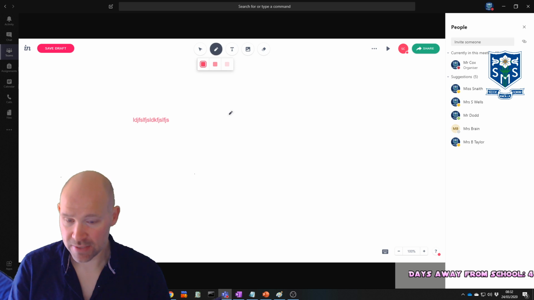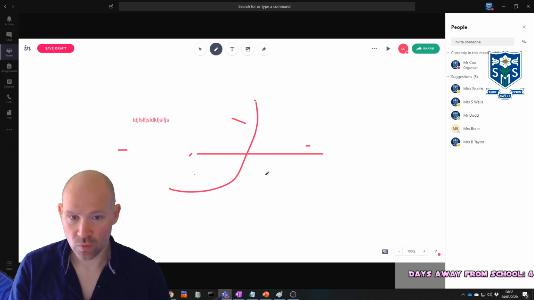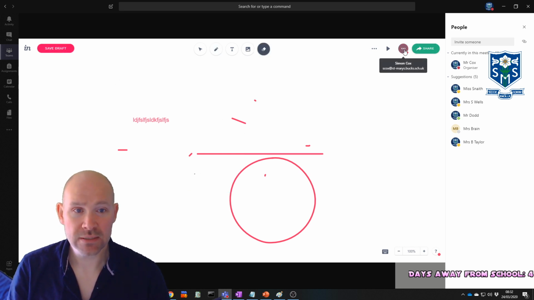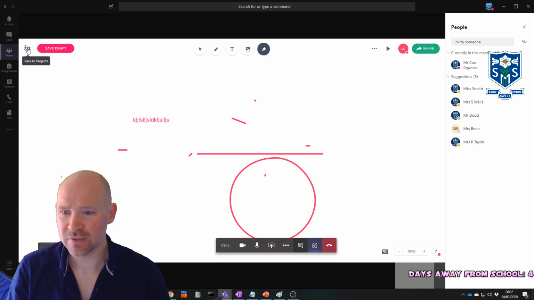This one lets you go to the pencil and you can draw random lines. If you hold Shift, you can get straight lines. If you hold Alt, you can draw circles and shapes and things like that, and it straightens it out for you. You can add in images, you can erase different things, and to show you what that ends up with, if I can get out of here, then you can end up with quite a nice little